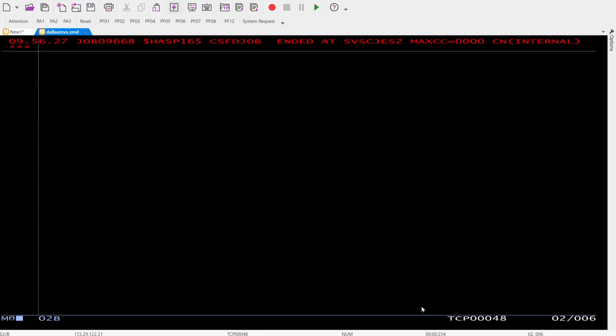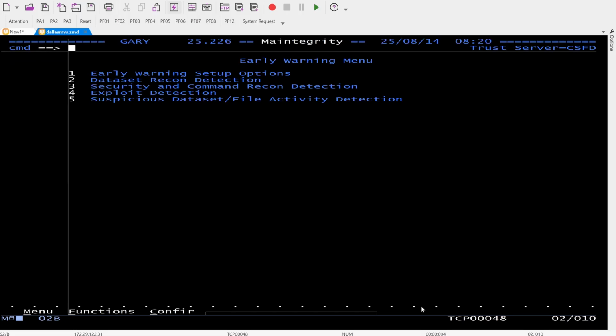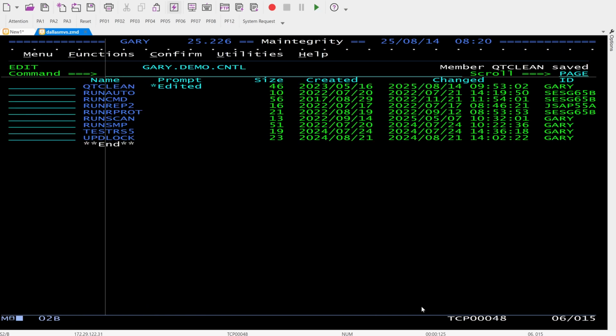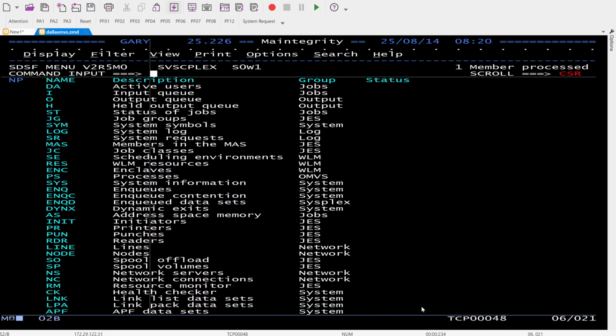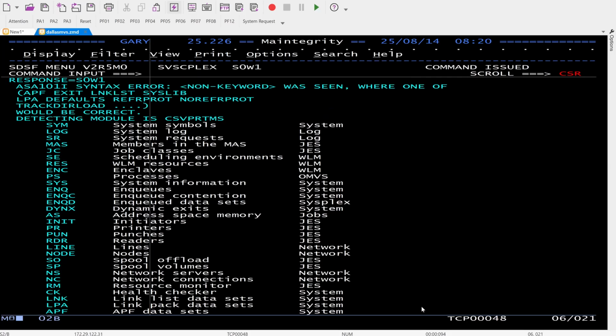We are running, and that's the recovery job that just ended there. We are running out of time here, but if you think about a SETPROG being kind of a nasty thing to do, you can add an APF library. If you want to detect that kind of thing, we just do that.